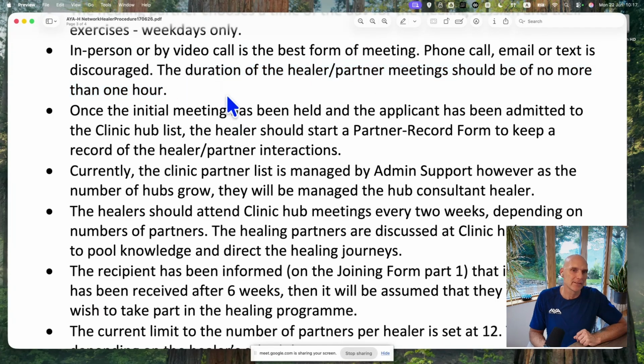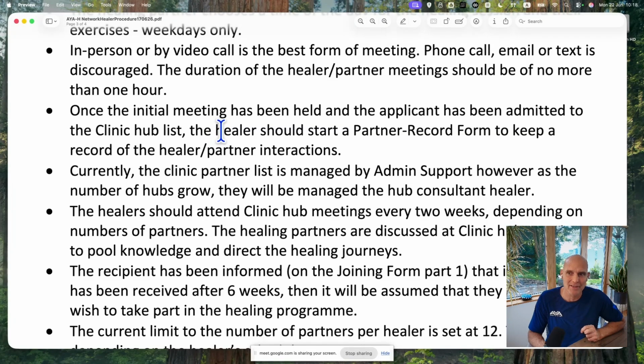These are the kind of loose rules that we're starting to formulate, just to try and limit the amount of time healers are spending on a particular healing partner. Now, you have to use your own intuition with this, of course, and if more is needed, then more is needed. It's up to you, really. But generally speaking, we're going to try and stick to about an hour, because we don't want to overload healers